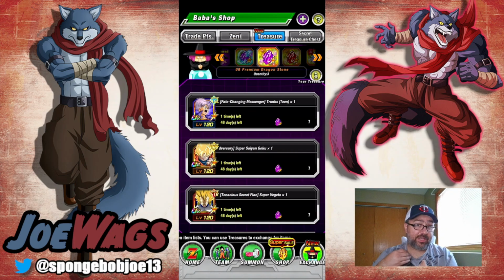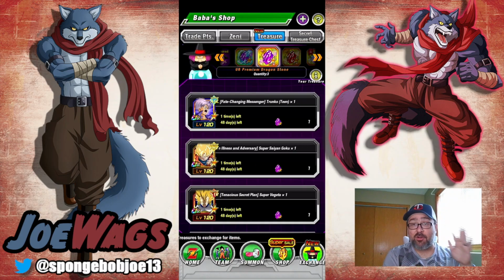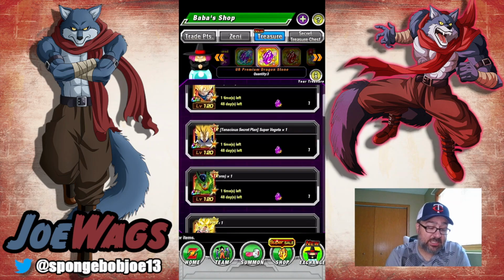So you kind of have to look at it. I would recommend probably get one of these Trunks themed or Future Saga themed units because they're going to fit on the new teams. But like I said, I think you should wait and see what the EZAs look like and who gets an EZA. Now, if I were just to look at who's the best units to get right now,